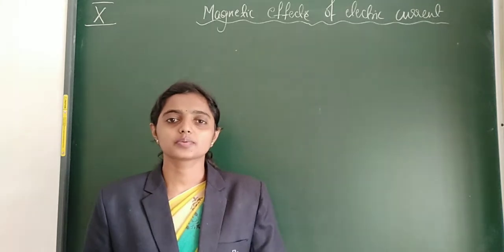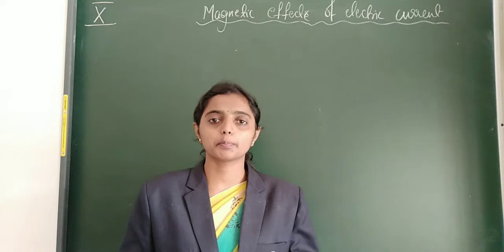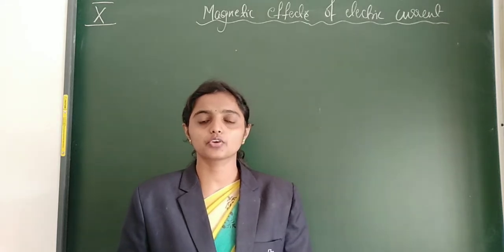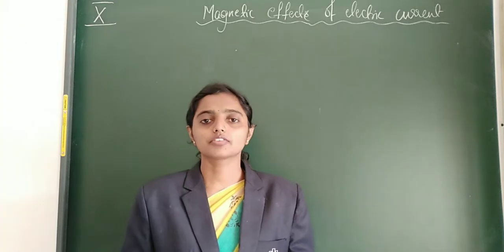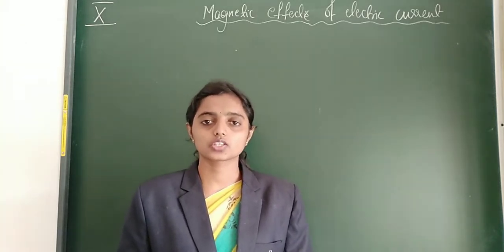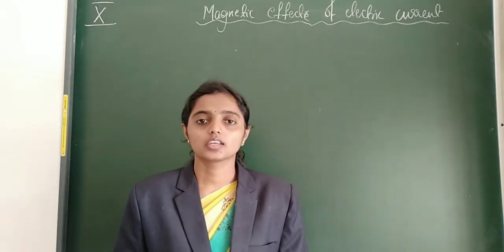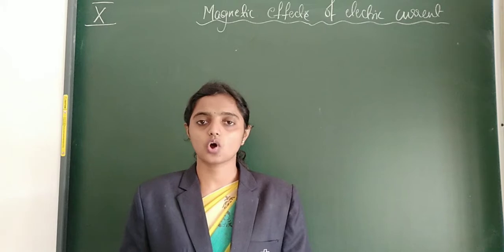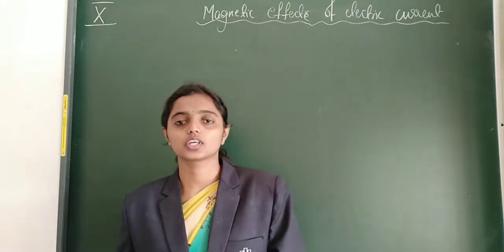Good morning, students. In the last class, we were discussing the different patterns of magnetic field lines produced by a straight conductor, a circular loop, and a solenoid. After that, we were solving some in-text questions, right? There were 3 in-text questions under this topic. 2 I solved, and one more I told you to solve. So let us discuss that answer now before going to the next topic.